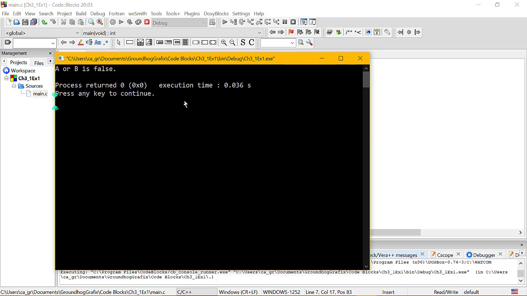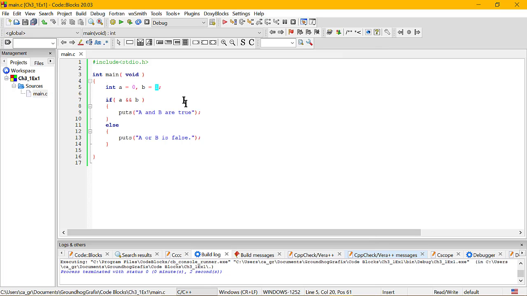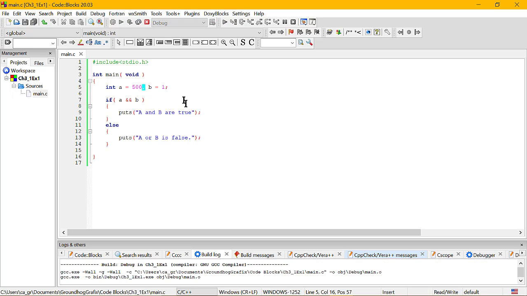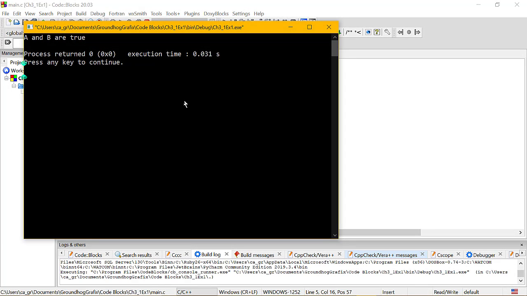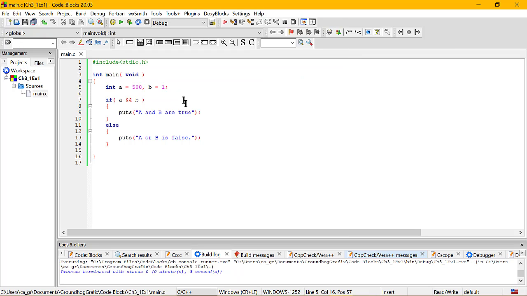A or B is false. Well, that would be right because A up here is 0. But let's make A 500 and rerun it. A and B are now true. There we go. So you can see we don't even have to use relational operators with logical operators. They can work simply comparing two variables to see if they both have a true or a false state within them. So if A and B were both 0,